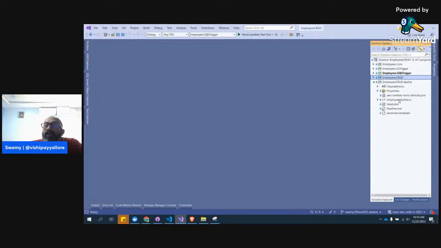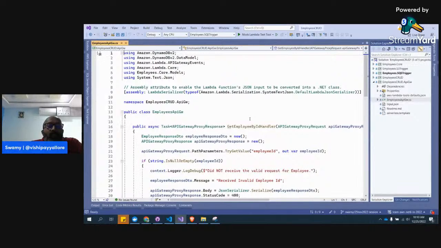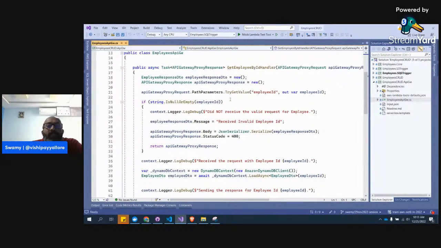And then we saw one thing, creating the API Gateway proxy request response. So that means when we are doing the API Gateway integration, in this integration, what is happening is we are receiving the input as part of the API Gateway proxy request. So the API Gateway proxy request, what happens is it will